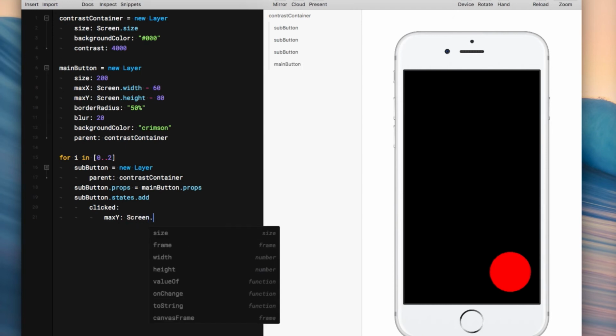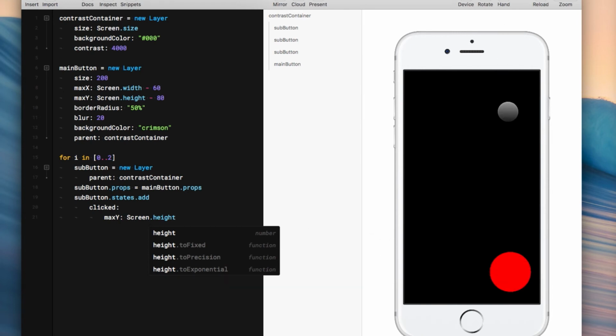So we're moving up, right? We're moving up from the bottom edge. So we're taking numbers away from the entire length of the phone, the entire height. So it'll be screen height minus, let's say 100, because there's an arbitrary distance here. That was 80 actually, never mind, minus 80. Minus,